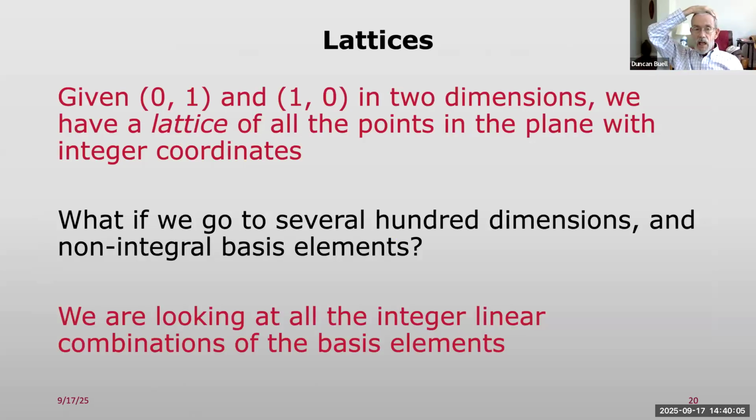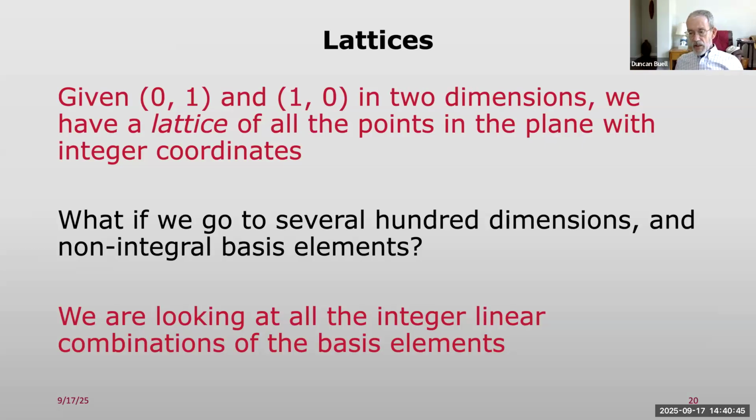You've worked with lattices all your lives. Given 2 points, (0, 1) and (1, 0) in 2 dimensions, you have a lattice of all of the points in the plane with integer coordinates. If you do this in 3 dimensions, you get unit vectors in x, y, and z, and you just look at all of the integer linear combinations of the basis elements. That's a lattice. Now, if you go to several hundred dimensions and you have non-integral basis elements,